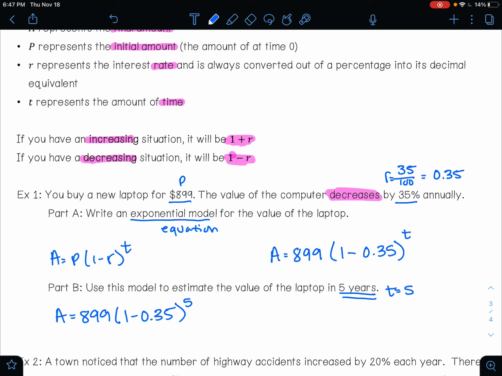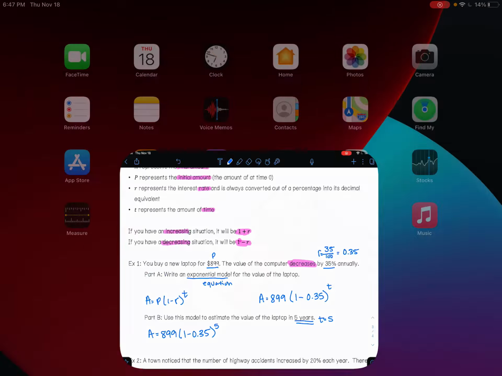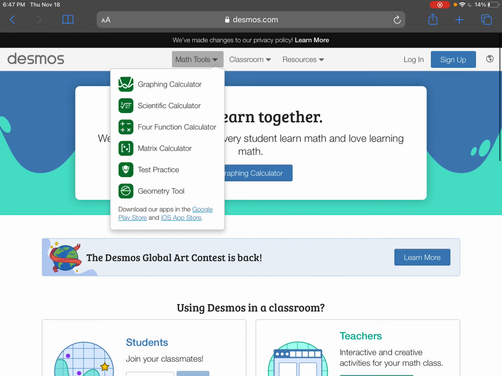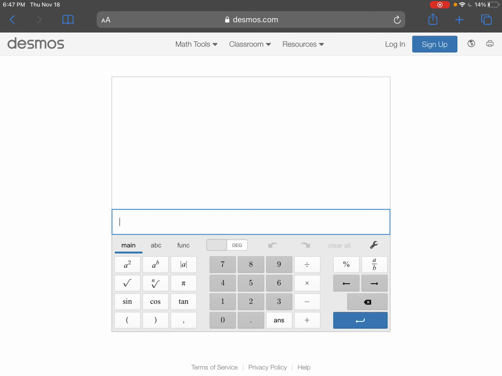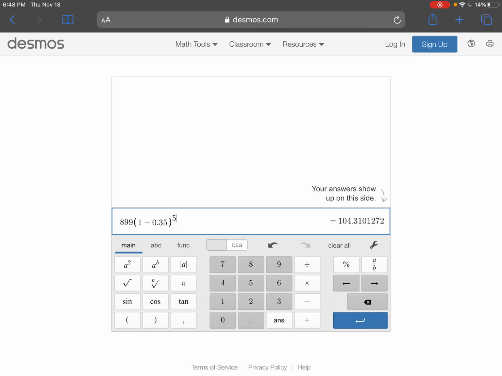So I'm going to go ahead and type that into my calculator. I'm going to use Desmos. You can use whatever calculator you like. So when I head on over to Desmos, I'm going to go to the scientific calculator, and I'm going to type in 899, parentheses 1 minus 0.35, raised to the 5th power. Again, this is about money, and so I have to round to 2 decimal places because money is always in terms of dollars and cents, and it would not make sense to have this many decimals that we have over here. And so it's going to be